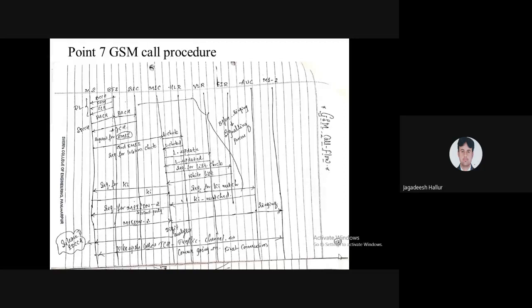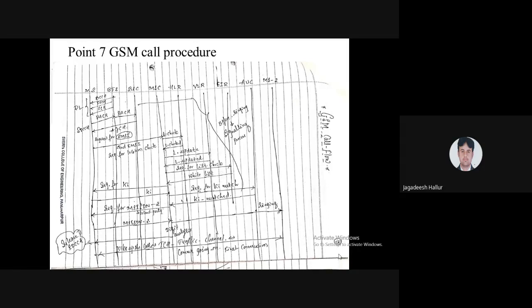Before connecting the call, it has to do all the processes before ringing. You just have to see how that is practically going on. Before you dial the number, from the BTS, the base transceiver station, your mobile is accessed by some channels.